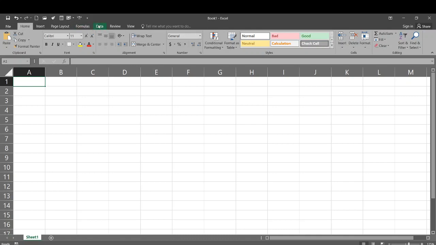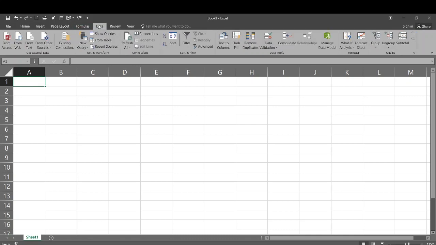Now I'm going to go to the Data tab. And I'm going to go to the Get External Data group. So this is where we go to get anything that's not in an Excel spreadsheet, or that's not already in our file, if we want to bring it in or suck it in from another file. So in this case, we're going to use a